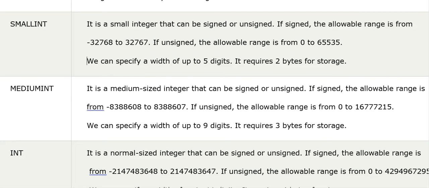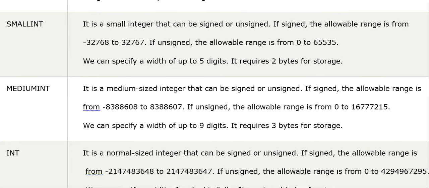And now the next one is called int, which we normally use. It's a normal size integer that can be signed or unsigned. If signed, it allows the range from -2147483648 to 2147483647. This is the range given for signed.